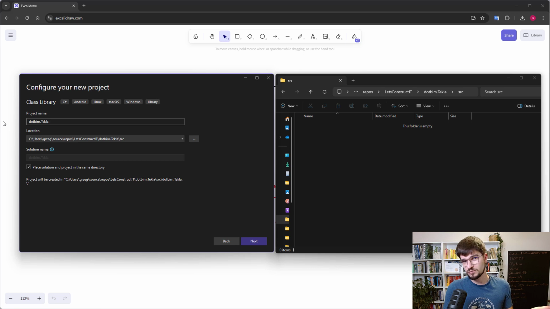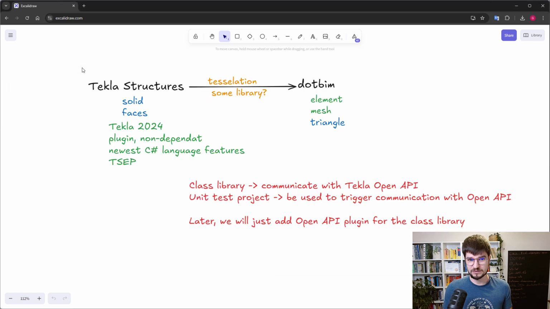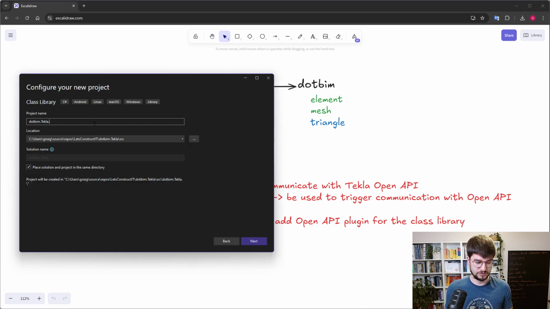Yeah, I will probably not split our project into too many layers. I don't think that it is necessary. So I will just use the word engine, because the word logic implies that there is only an interaction between something from the input and something from the output. So this is not what I would like to have. So dotbim Tekla engine, this is my first